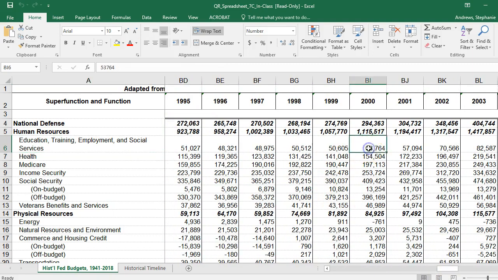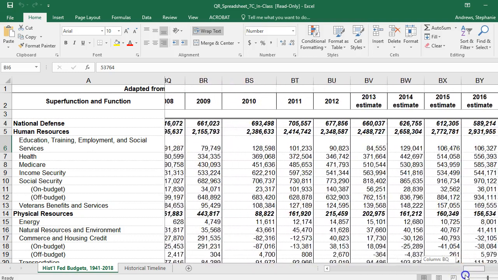and found it. Here's 2000, education, and it says 53,764, but remember, this is represented in millions. So when we go back to write it down in the chart, we're going to have to write it either with a bunch of zeros or with some abbreviation just using the word million. So here's one number we're going to take back to the chart, and then the other number, it asks for